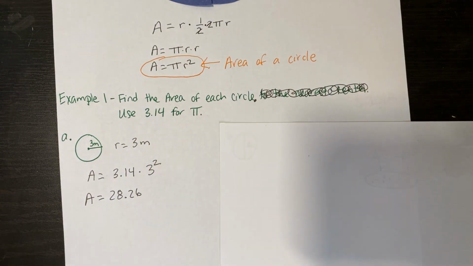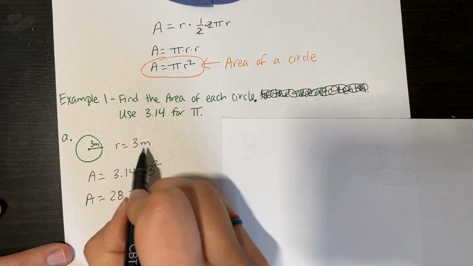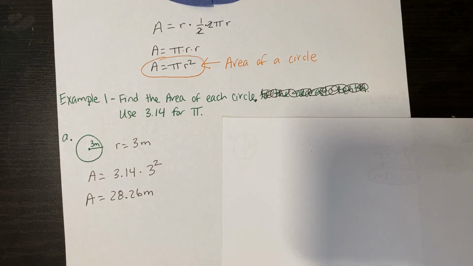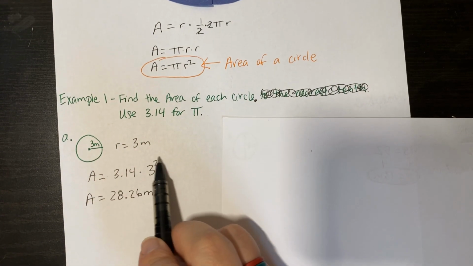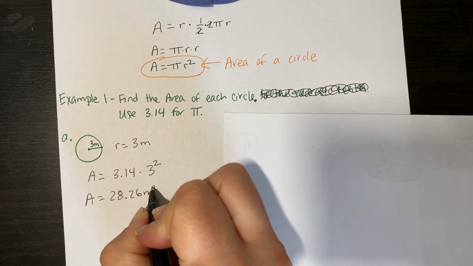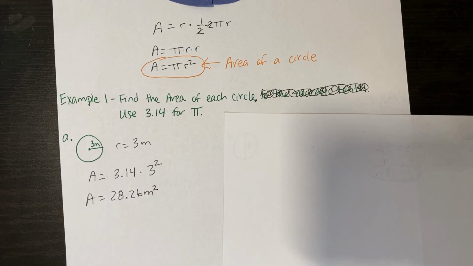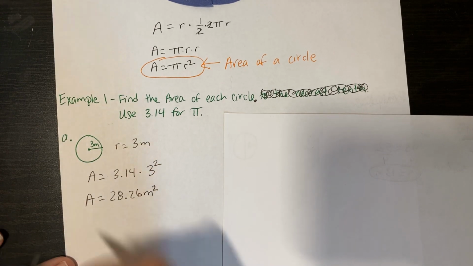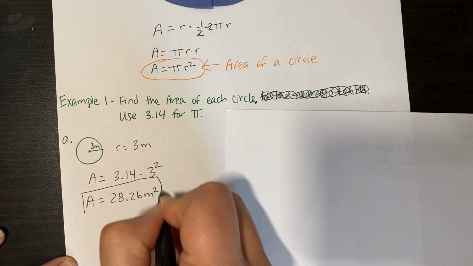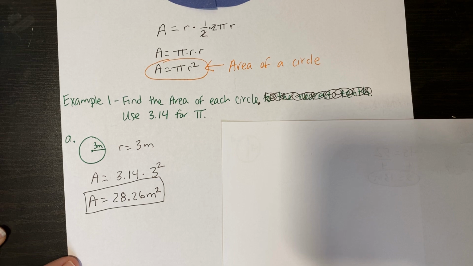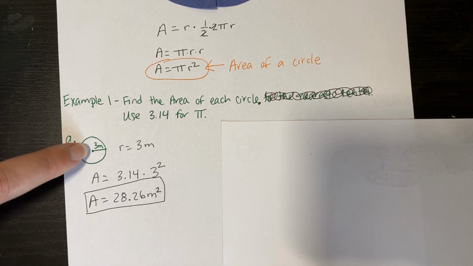Okay, the last thing that's important is we need our units. Our units were meters. When we do area, because of this squared here, we are going to make this meters right here squared. So area is always going to be in squared units. That's all you do. It seems a little confusing, but it's actually pretty easy because we just take our number and plug it into